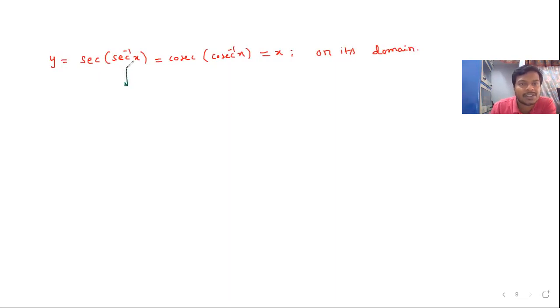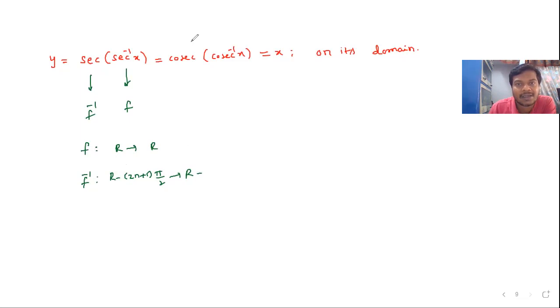Let us suppose this is f inverse. Clearly, f is defined from the secant inverse of x graph. First, I'm going to write the secant x graph. Secant x graph is defined from R minus (2n plus 1) pi by 2 to R. Secant inverse, a to b changes to b to a. That is R to, sorry, this is R minus (-1, 1).